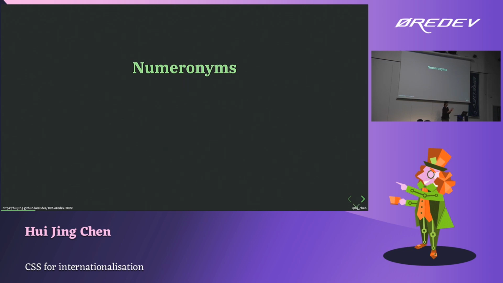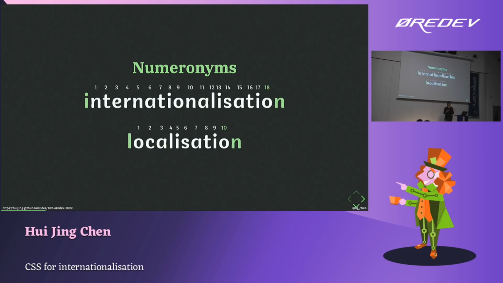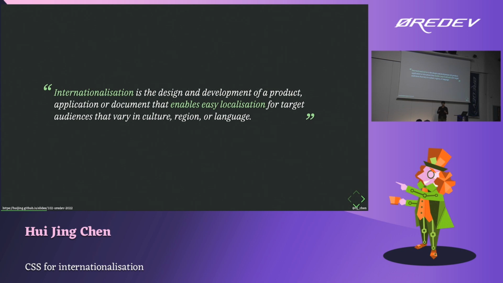But before we get into that, let us discuss numeronyms. Numeronyms are number-based words, where a number is used to form an abbreviation. So, I18N stands for internationalization because there are 18 letters between I and N. And some of you might have also seen L10N, which is the abbreviation for localization. But what is the difference between the two, you might be wondering? There is no